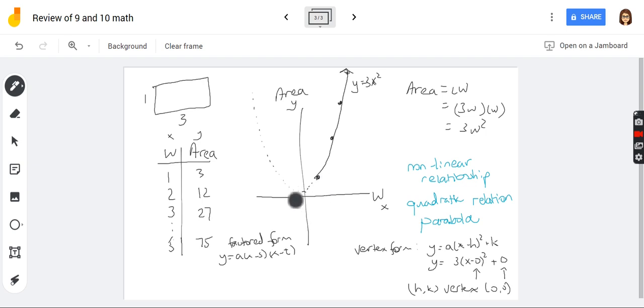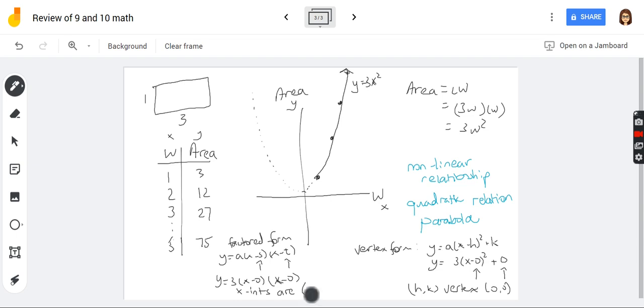Well, what are the x-intercepts of this parabola if it was to continue all the way and not have any parts missing? It would be 0 and 0. So in the case of y equals 3x squared, this is y equals 3 times x minus 0, times x minus 0. If you expand that out, you'll get 3x squared. So the x-intercept, or the zeros of the parabola,